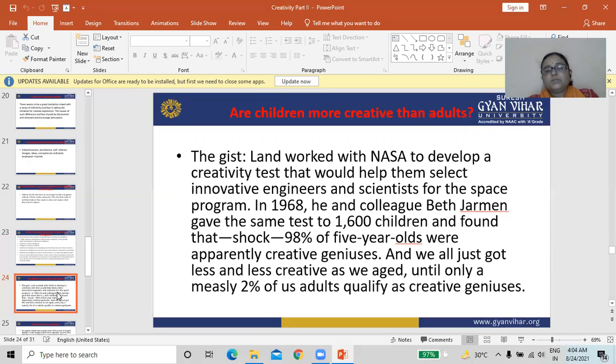In 1968, he and his colleague, Beth Germain, gave the same test to 1,600 children and found that 98% of 5-year-olds were apparently creative geniuses.